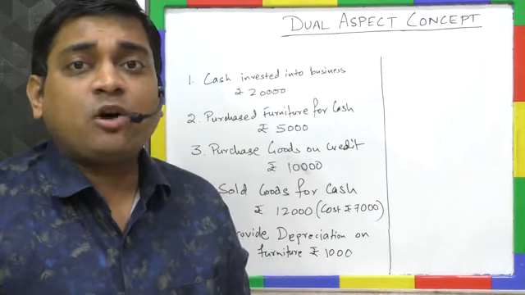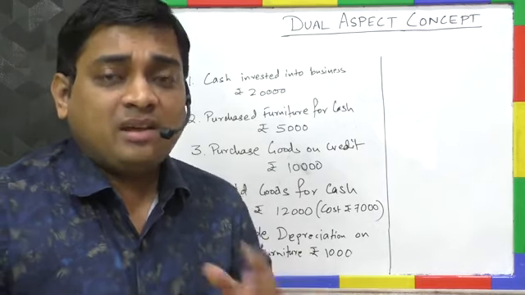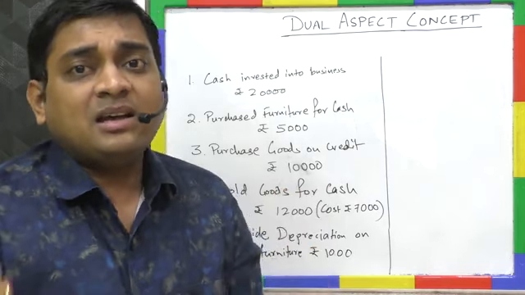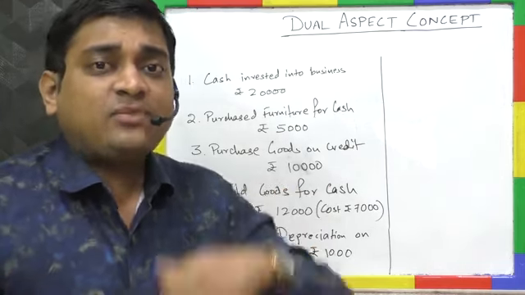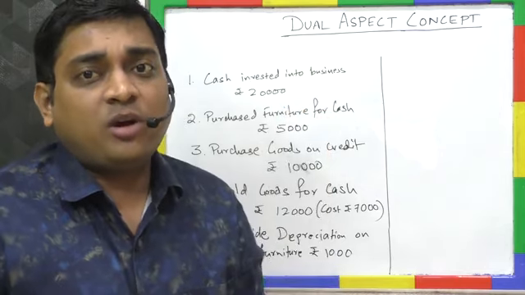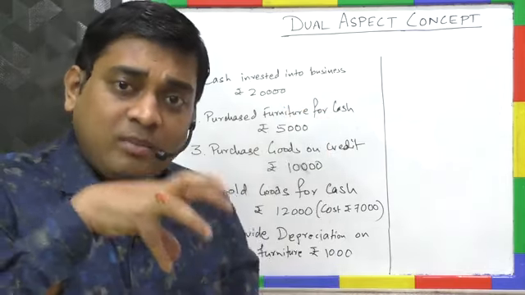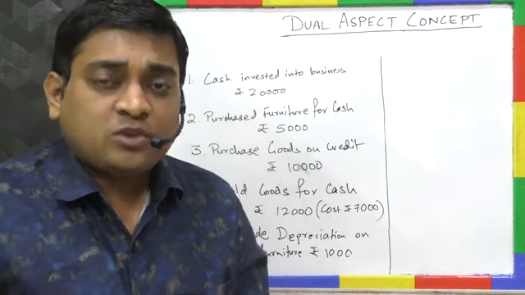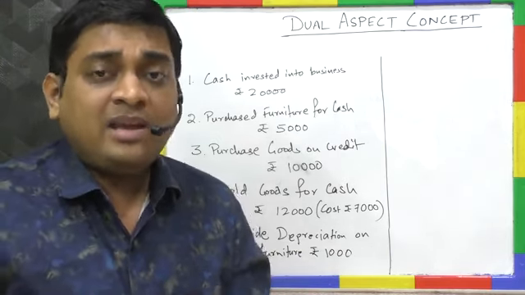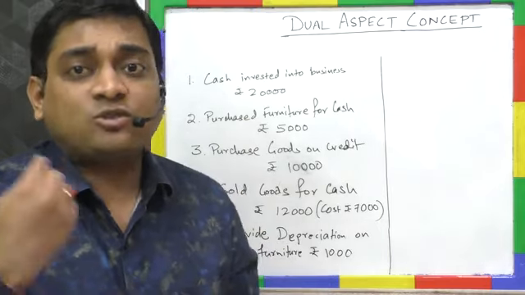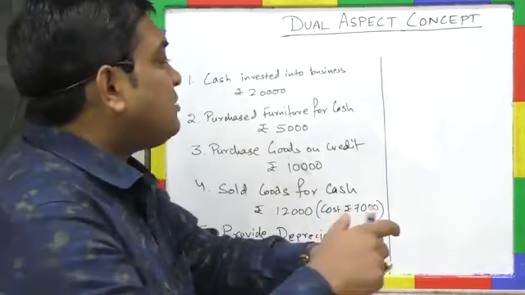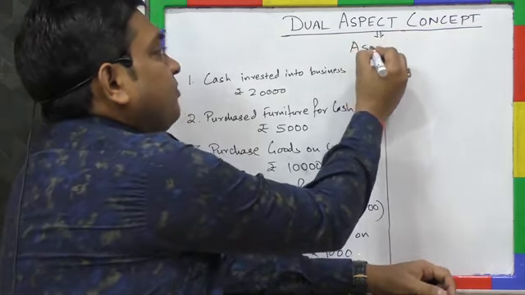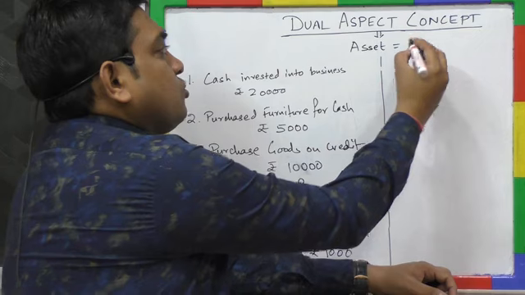So what does dual aspect concept say? That every transaction has two aspects, one receiving, another giving aspect. So we can say that for every debit there is a corresponding credit, and from here the concept of double entry system has developed. So what do you mean by that? I mean for every resource there has to be a source. So dual aspect concept says there is an accounting equation that asset is equal to